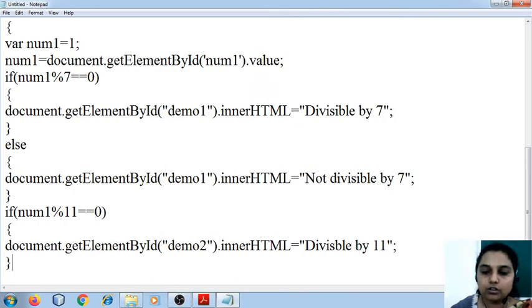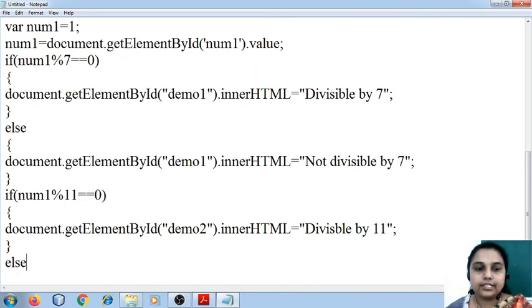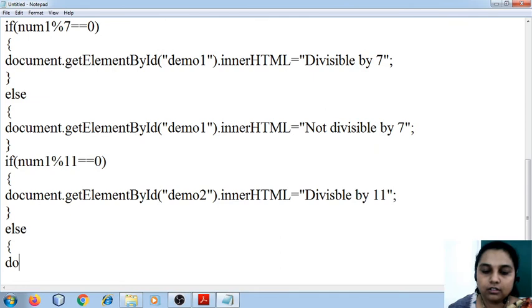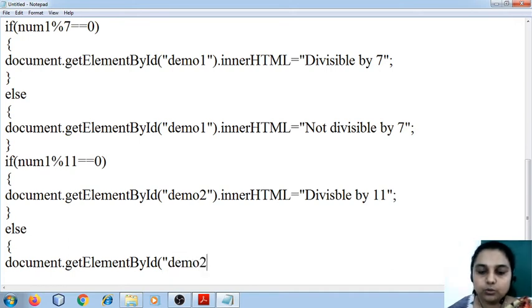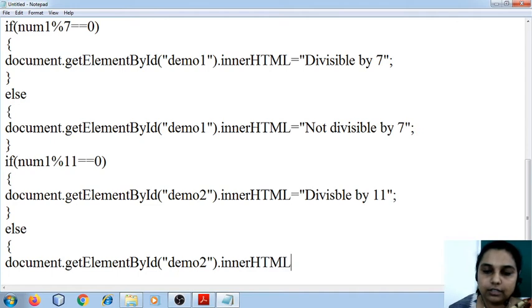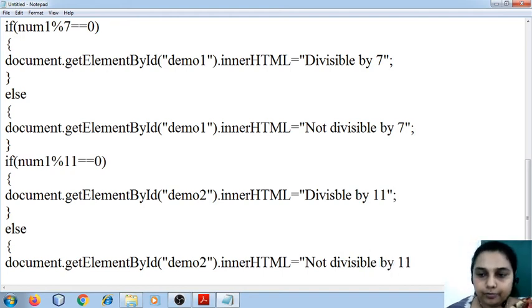Now what if it is not divisible? I'm going to write it as else, document dot getElementById, now I'm going to say again demo2 dot innerHTML equal to "not divisible by 11."